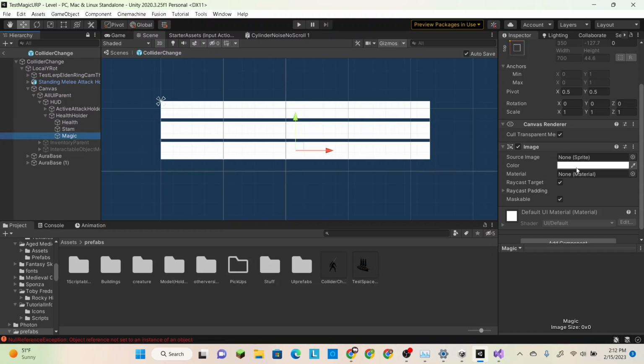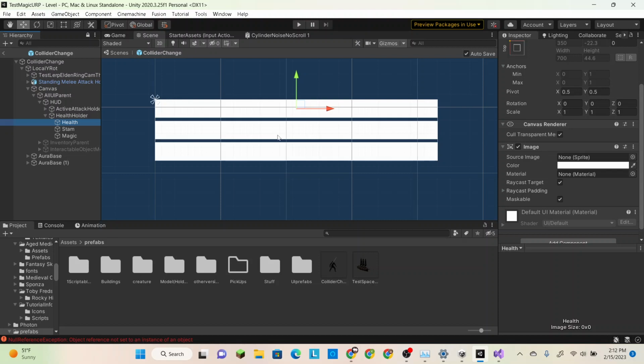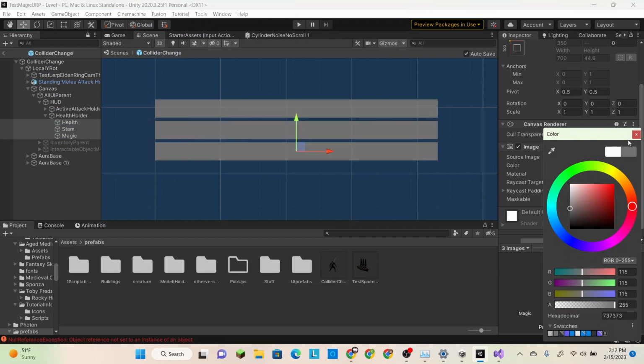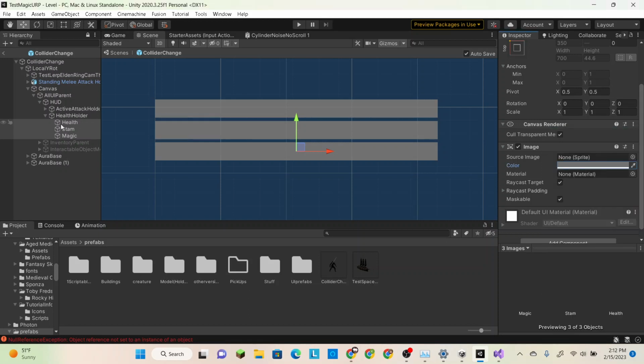These images are going to probably end up being like the background images for our actual health bar. So these can just be like a nice gray color probably, which I have one preset so that it kind of fits with the UI. And then within each of these,